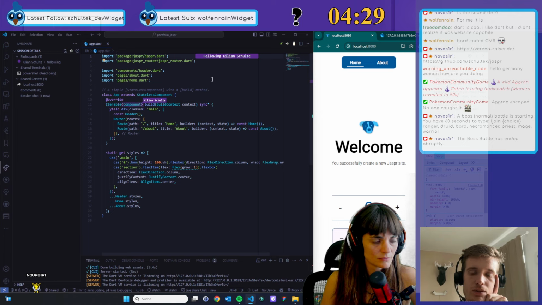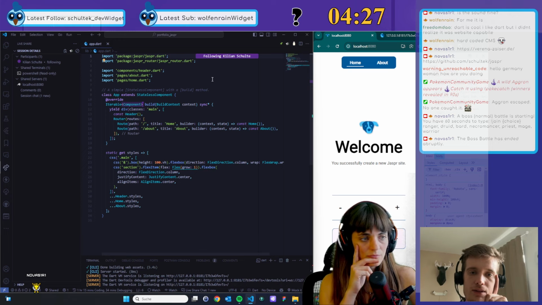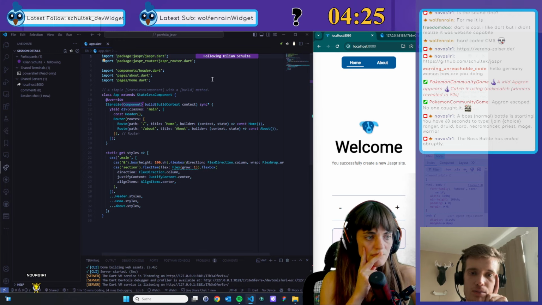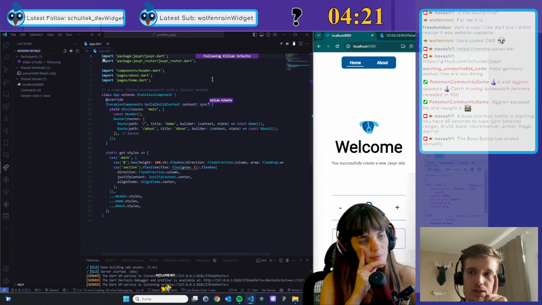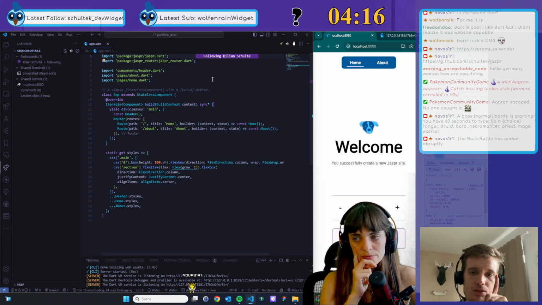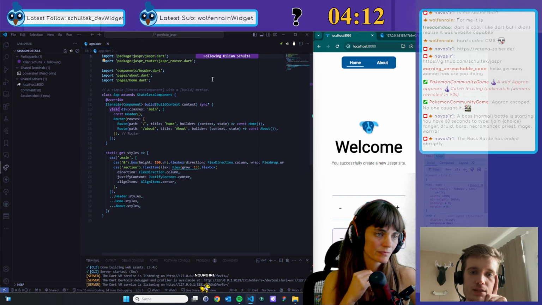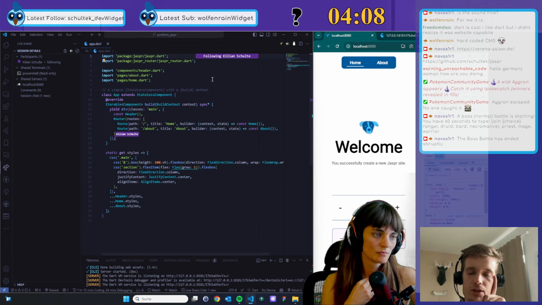And then what I recommend, and also the default for all the templates, is using this sync star syntax, which is just syntax sugar in Dart. You have the sync here and you have the yield here. This combined gives you a nice flowing syntax compared to returning a list.